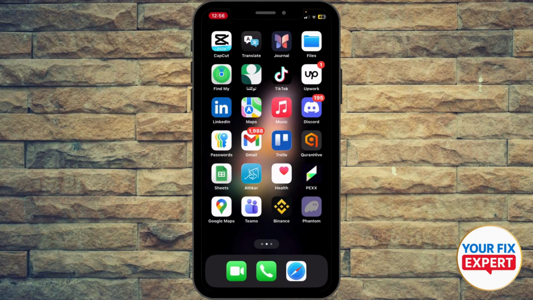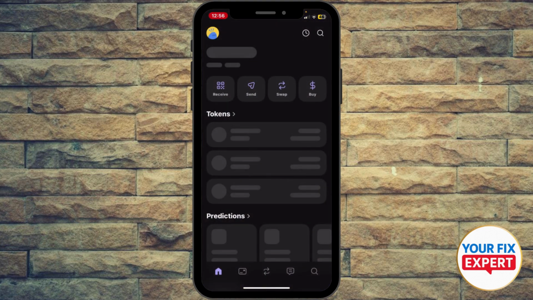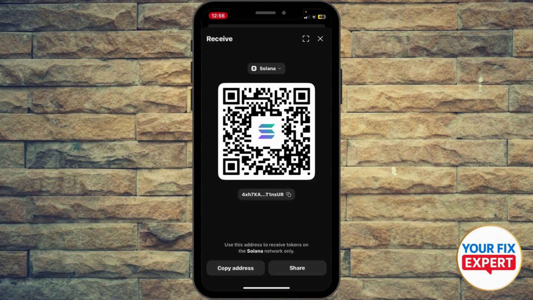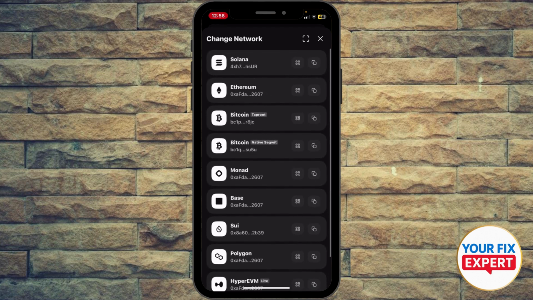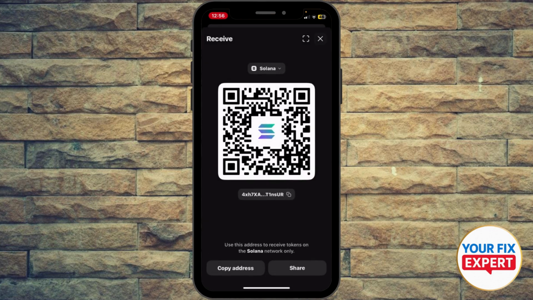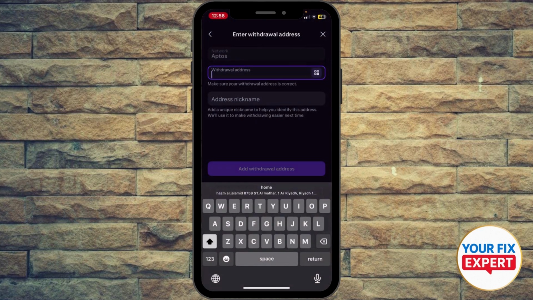Let's say I'm going to use Phantom Wallet, just as an example. You can use your own wallet like Exodus, Trust Wallet, MetaMask, whatever, and do the same steps. You're gonna just hit receive on your screen here, and select, instead of Solana, USDT, if you have USDT available on Phantom Wallet, then just go ahead and press it. An address will be ready for you, and use that address to copy it and paste it here